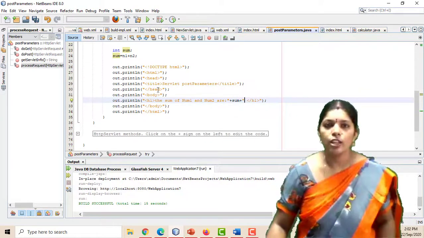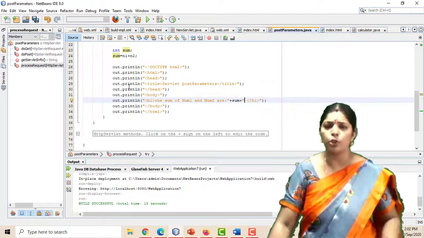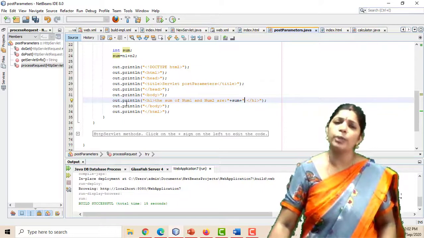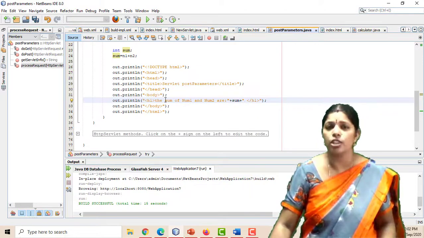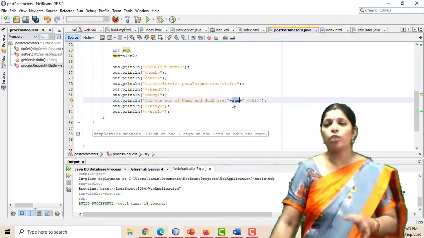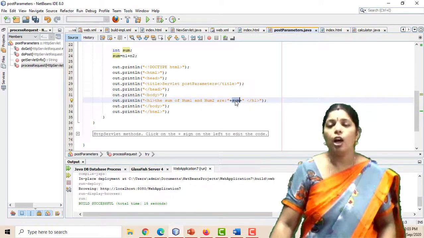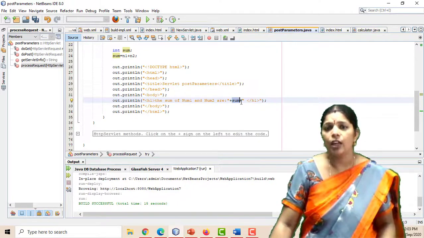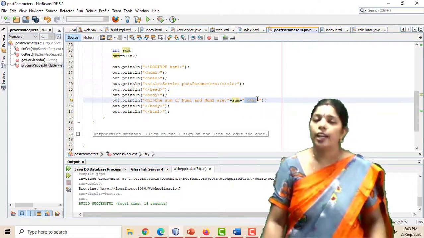quotations. Okay, so we already know about the simple core Java file. What we display by using System.out.println, we give the quotations. In the quotations we write one message. After that message we close our quotations. Next we give the plus sign and display the object we have to display here. That means we have to display the sum of the two numbers, and after that we give the plus sign. After the plus sign we give the quotations. In the quotations I am declaring the h4 tag.